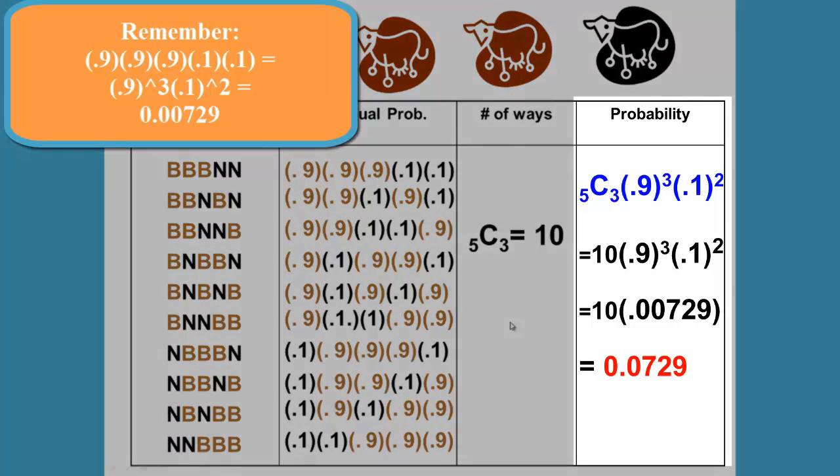And we would have 5 choose 3 times 0.9 to the third times 0.1 to the second. Notice that there are 5 total cows we're looking at, so 3 plus 2 gives us 5. So 10 ways, 0.9 to the third times 0.1 to the second, 10 times 0.00729,